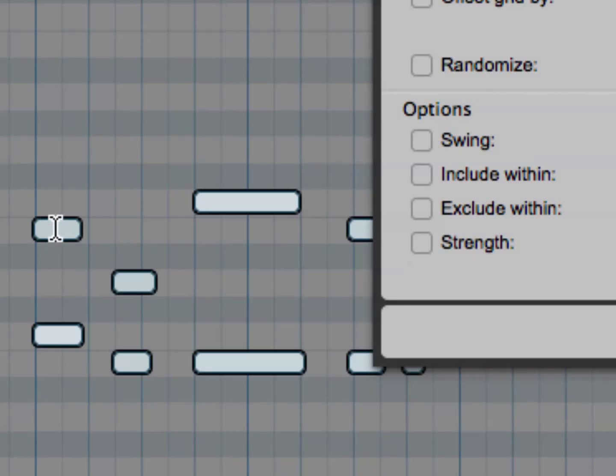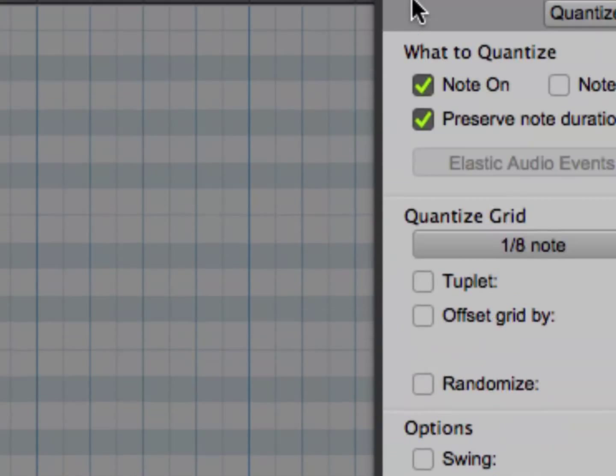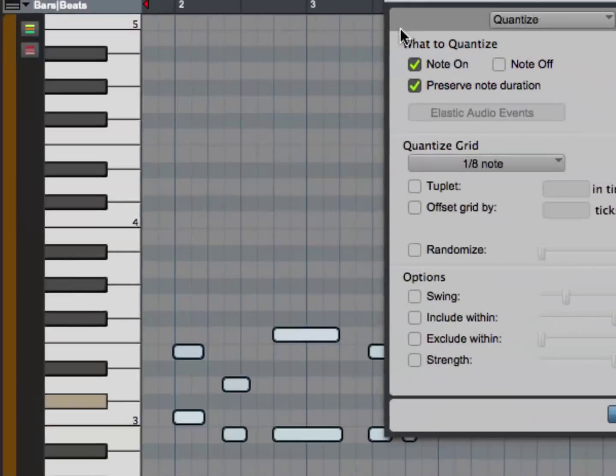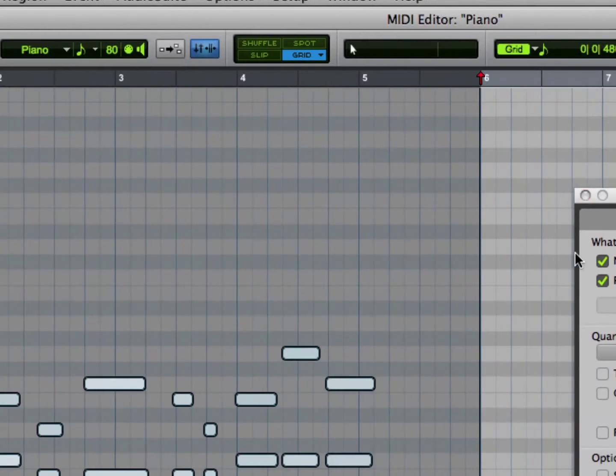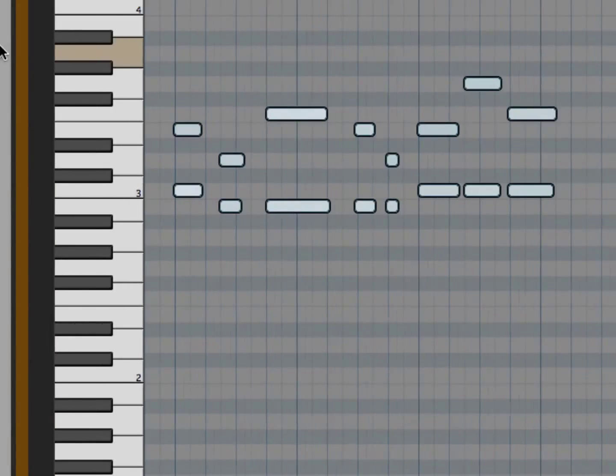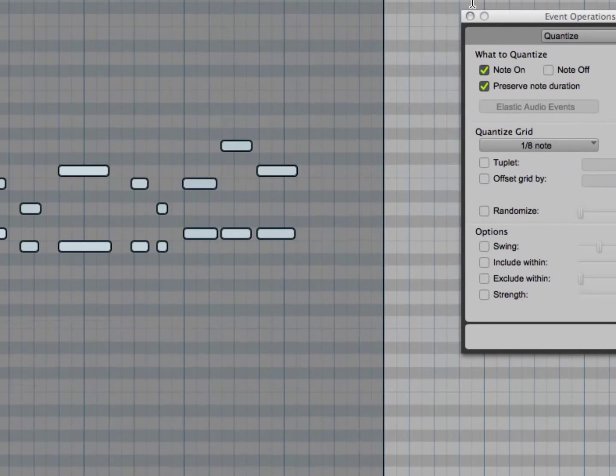I don't see any of those, because most of these fall on an 8th note resolution in terms of the grid. You guys kind of see how that works out. I don't have any notes realistically falling in between. Most of them are falling in between because I'm ahead. You can see that play out right here, and then of course right here. With that being said, I'll probably want to choose an 8th note